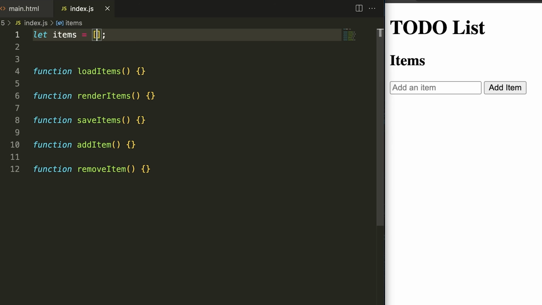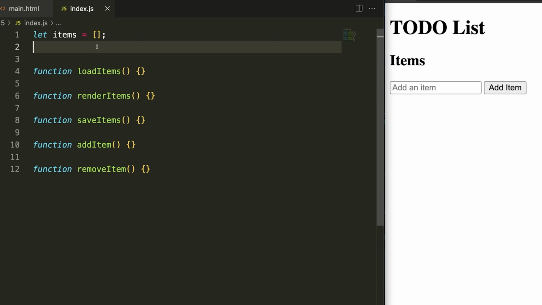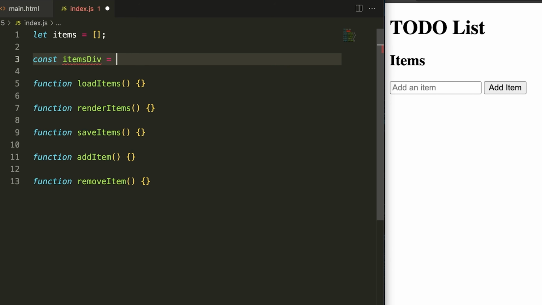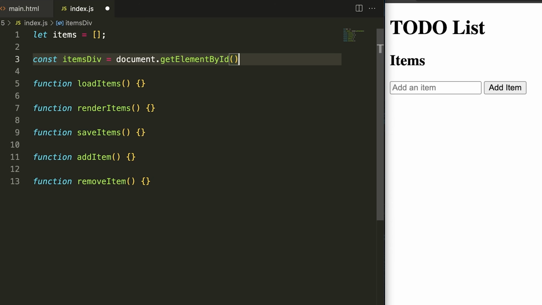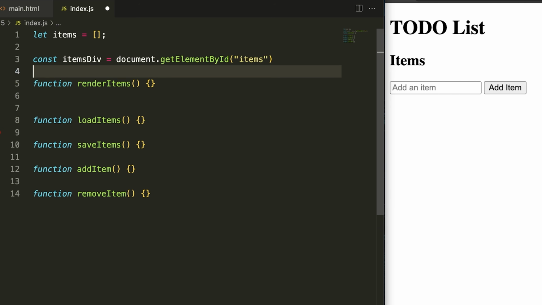So for render items, what we need to do first of all is understand where we want to put the items. Well, I want to put them inside of this div. So I need to access that div. So we're going to say const items div is equal to document.getElementById, and this is items. Now let's just take this and put this on the top of the screen, and let's start writing our render